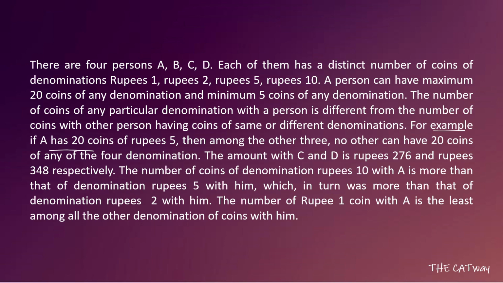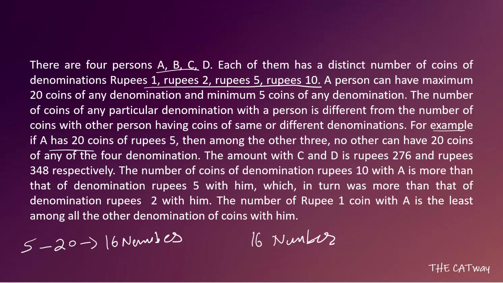Okay, what we have been given is that the minimum number of coins of a denomination is 5 and the maximum is 20. There are 16 numbers in between. We have four people, each have four denominations. So the total number of different denominations, adding them up, 16 numbers would be required. And in our set, there are 16 numbers given to us. So that makes our set a little bit easier, that between 5 to 20, there isn't going to be any number which is going to be left out.